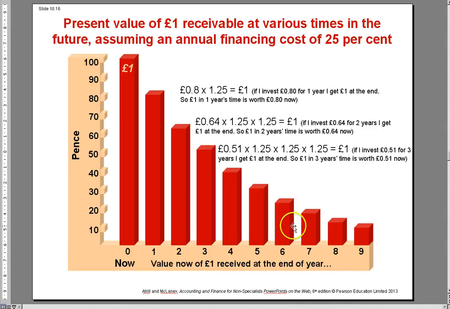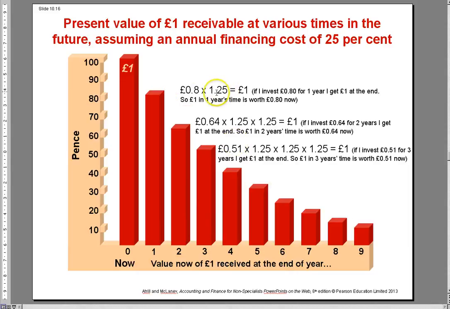Right, well, now I was talking about the problem of cash flows further into the future being worth less. So this is the value of £1 as it goes into the future. Its value falls, so that £1 in 9 years' time is worth about 10 pence to us. £1 now is worth £1. So let's have a look at £1 in 1 year's time is worth 80 pence, because 80 pence times 1